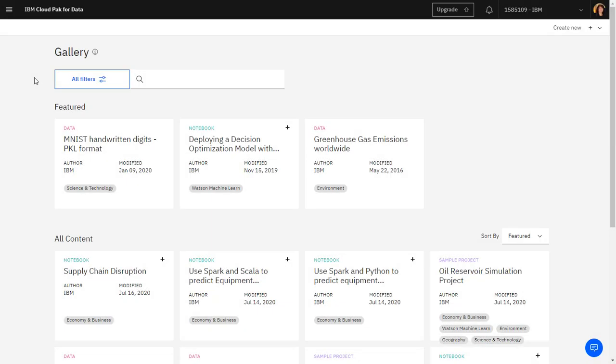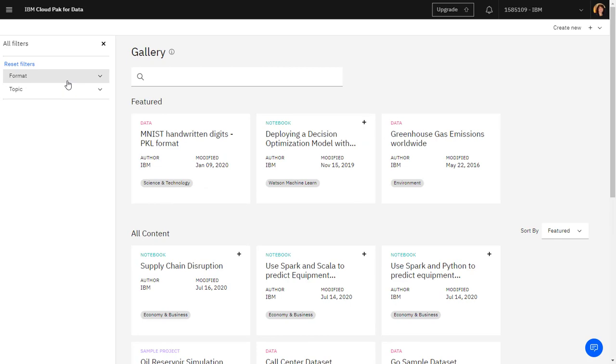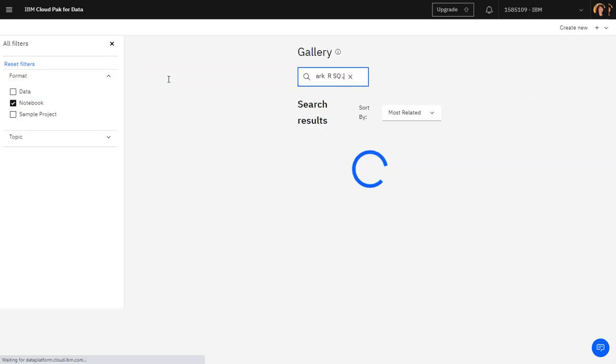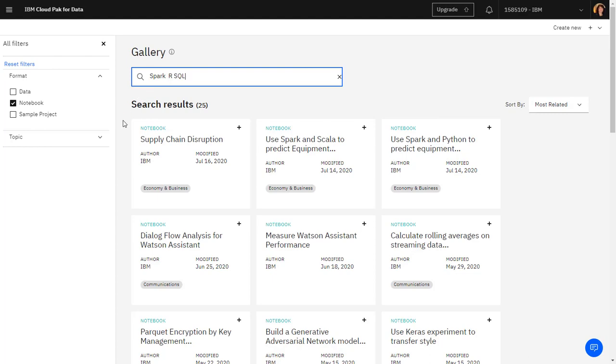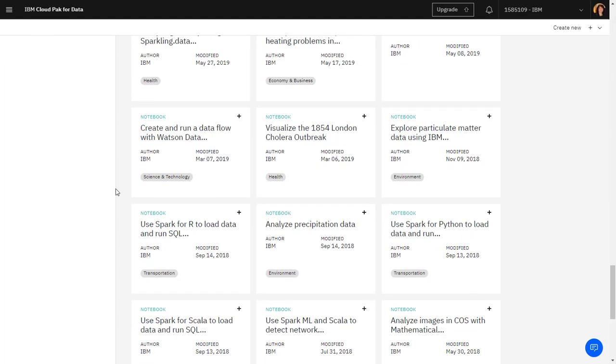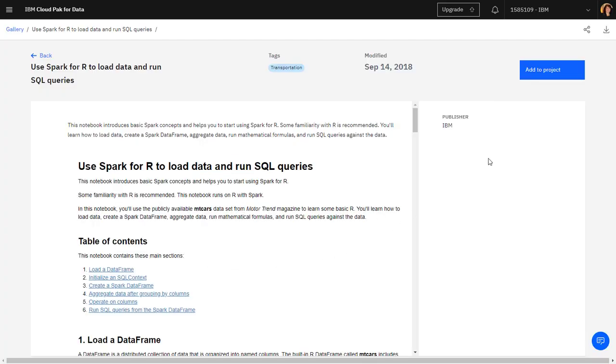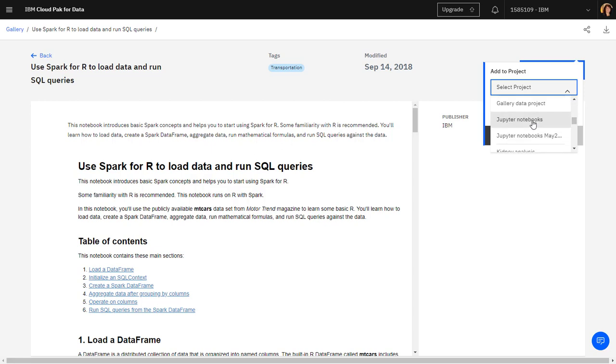Start in the gallery, and then filter the content to show just notebooks. Search for SparkR SQL and open the Use Spark for R sample notebook. Click Add to Project, then select the project